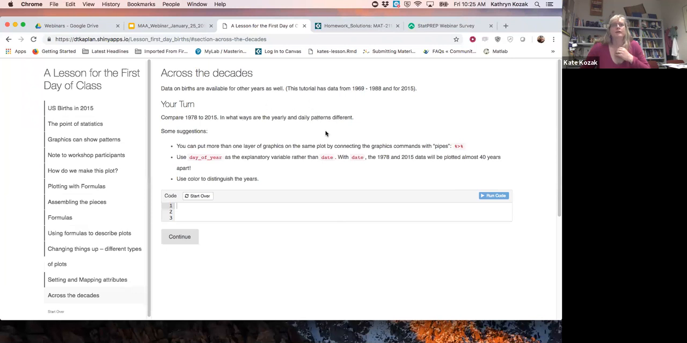And then we can also look at different years. Like I said, all the years are actually in here from 1969 to 1988. Actually, I'm sorry, this uses those and 2015. So you can actually compare 1978 to 2015 and see what happened in those. So we can go into that information on here. I think we're going to move on to other parts of the